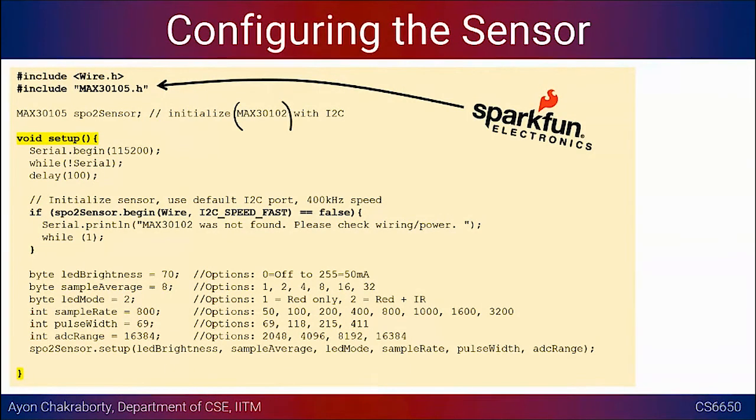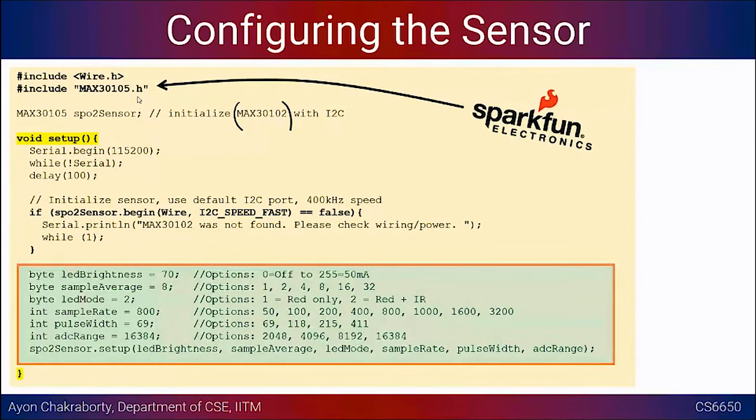Right, and if you actually look at the functions of the APIs they provide, you can see the real functions which are implementing the firmware, where it is requesting the data read from the FIFO, configuring the registers, and so on. So we already know we have to use the Wire library in order to talk to the TWI devices, 2-wire devices, or the I2C devices. The other thing here is the configuration of the sensor. These are just values I have put. You can choose your own and experiment with them, and these are some of the standard options that you have, based on the registers' allowed values.